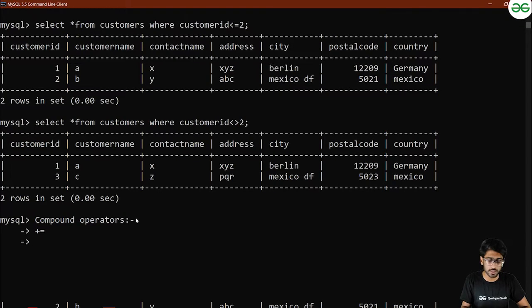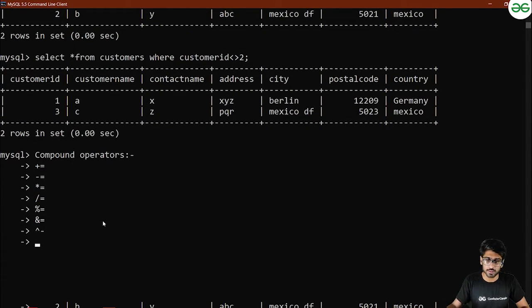First one is add equals, then subtract equals, then multiply equals, then divide equals, and modulo equals, then and equals, then cap minus. This is wrong. So the right one is cap minus equals,